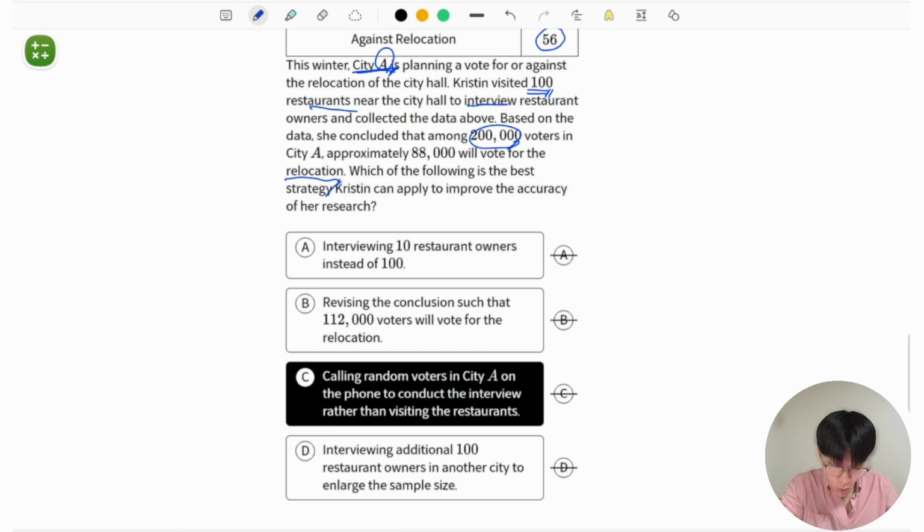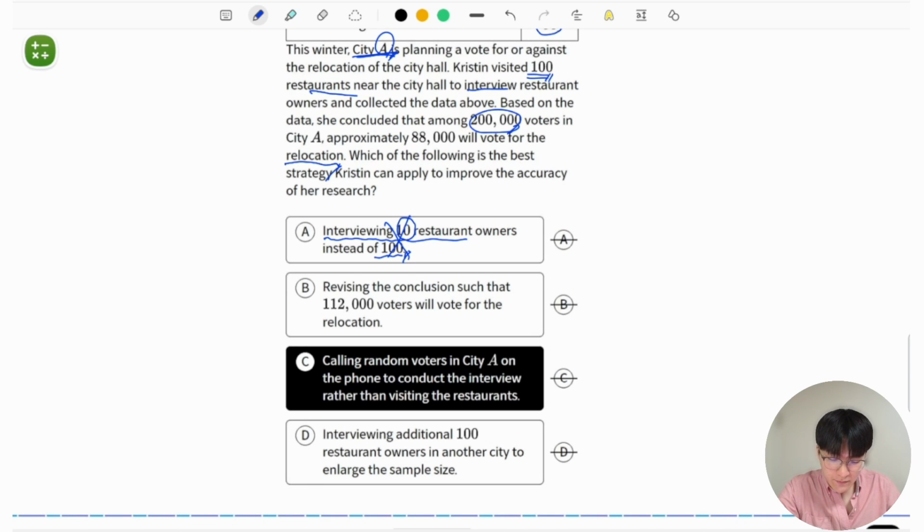interview is more accurate? Well, let's look at answer choice A, interviewing 10 restaurant owners instead of 100. Now, always, if you want to increase the accuracy, you want more data instead of less. Less will lead to a lot of biases and problems. So that's not a good approach. Answer choice B, revising the conclusion such that 112,000 voters will vote for the relocation. Now, you can't just revise the conclusion without making changes to the methodology, and therefore that is not a good